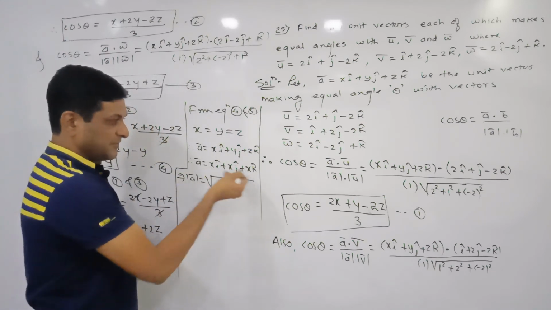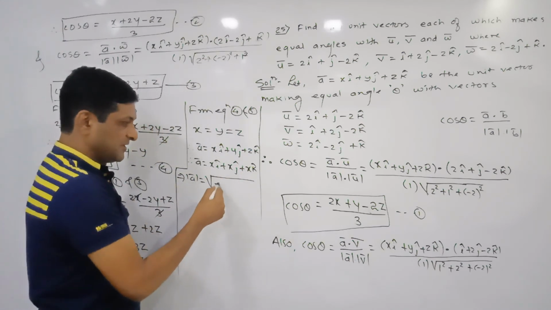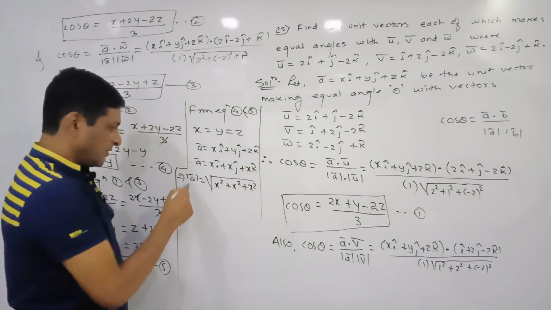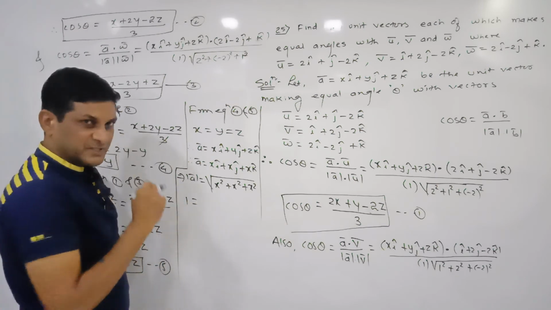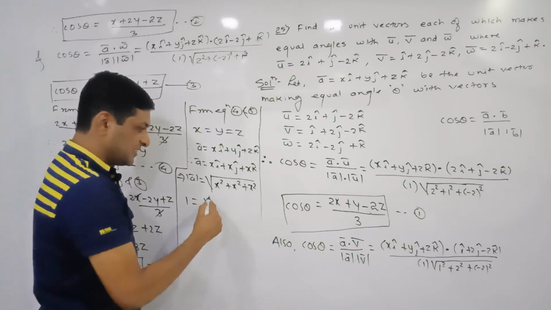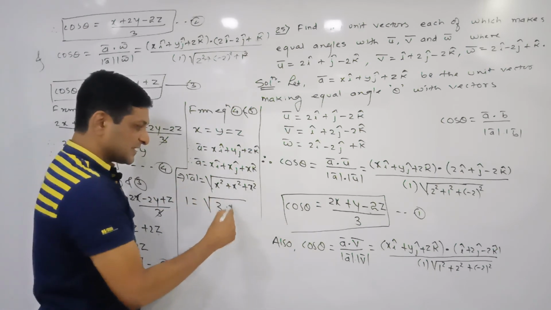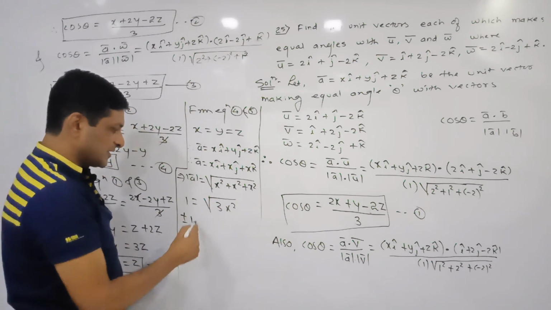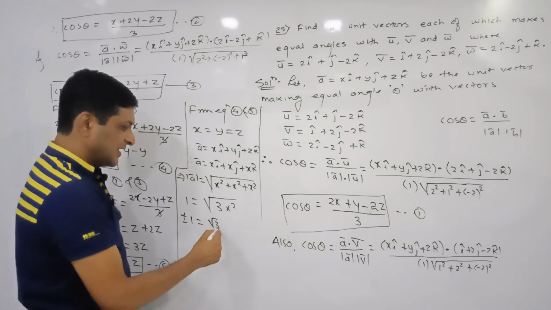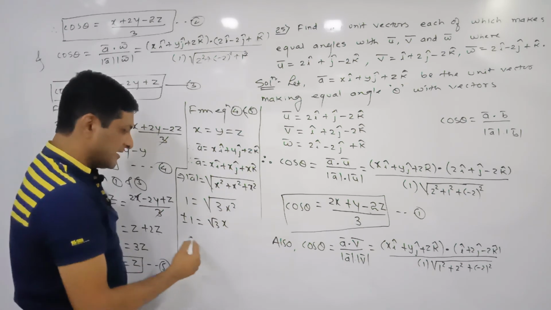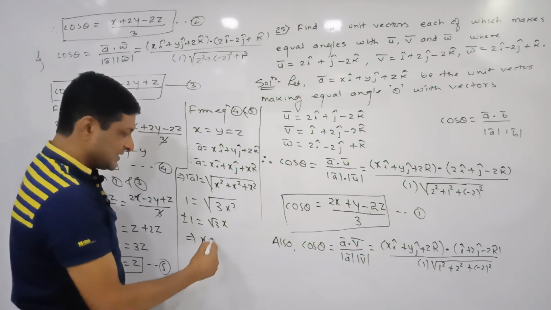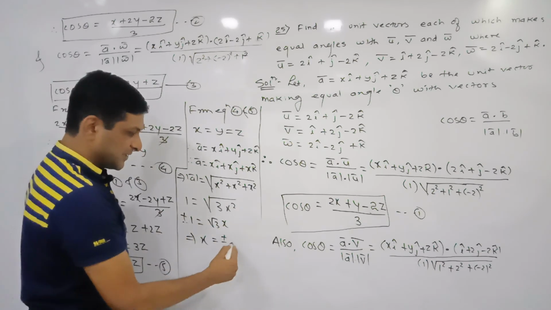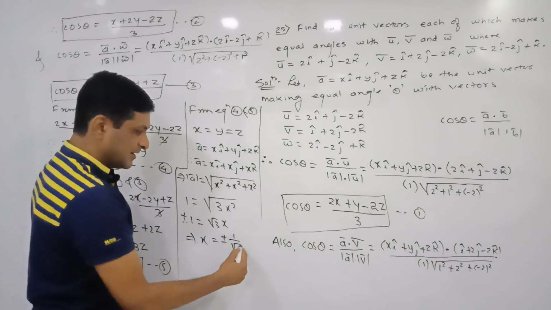So from this we will get magnitude. What is the magnitude here? Root of x square plus x square plus x square. So already we know that magnitude is 1 because it is unit vector. On this side what we'll get here? x square plus x square plus x square is 3x square. If we are taking square root on both sides, on this side we'll get plus or minus 1, here root 3, and x square outside the root will become x, which implies that x is equal to plus or minus 1 by root 3, as root 3 will get divided on this side.